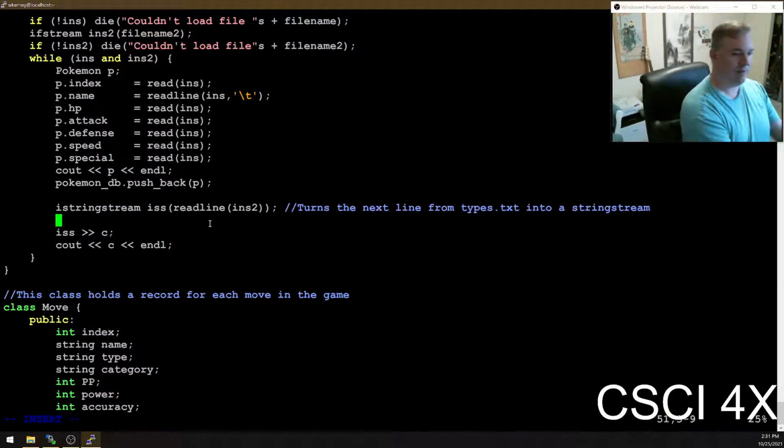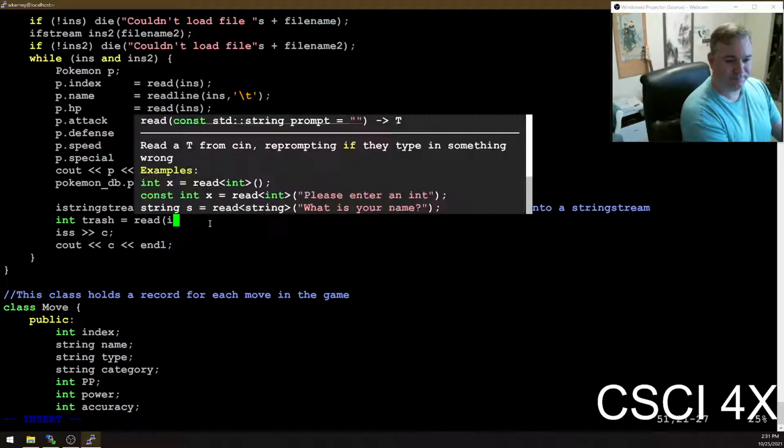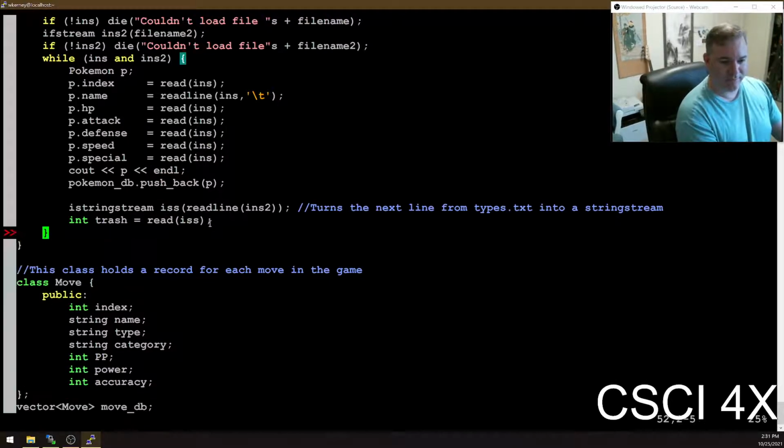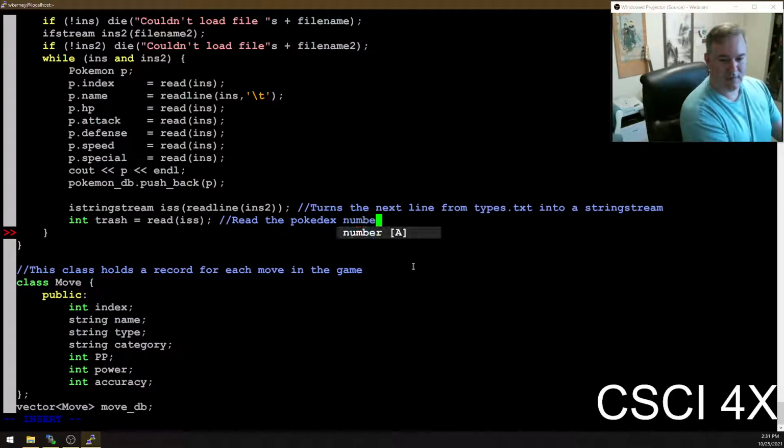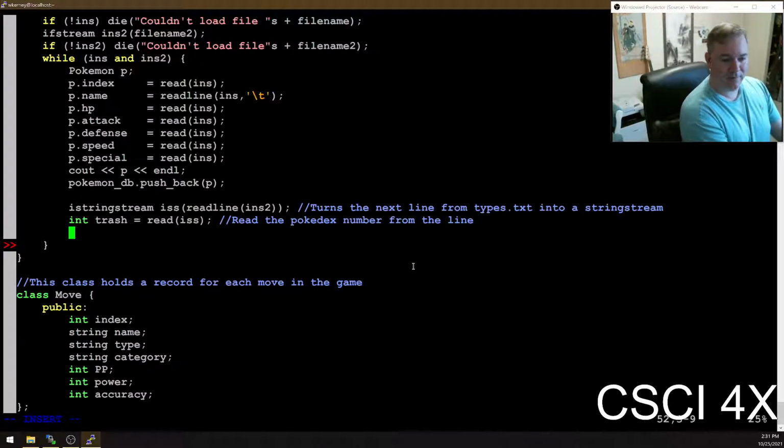What I want is an int called trash, because I don't care about it. So I'm going to read the Pokedex number from the line, and I'm calling it trash because I'm not going to use it. I could verify that it's the same as this index, and in my solution I did in fact do that, but